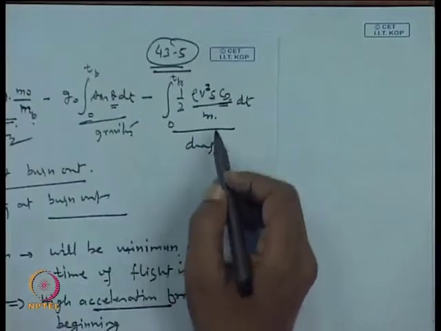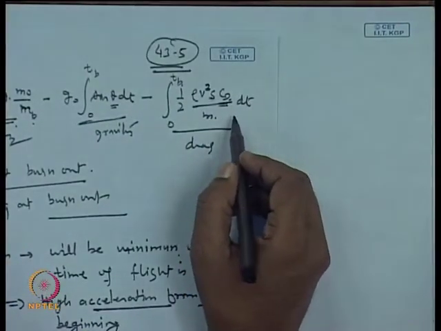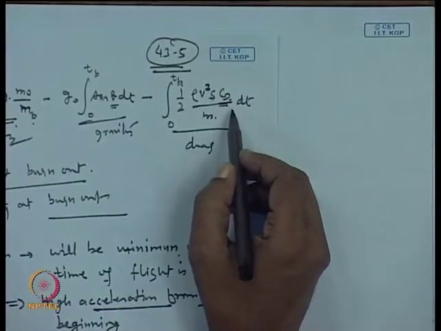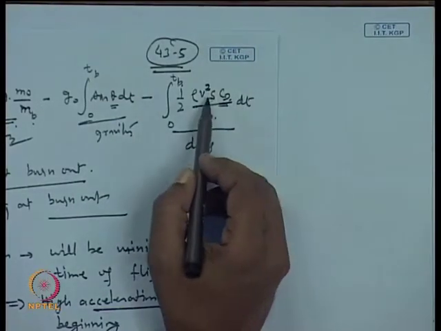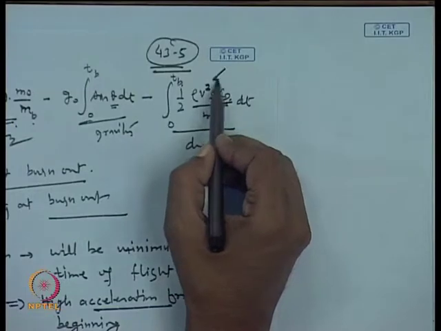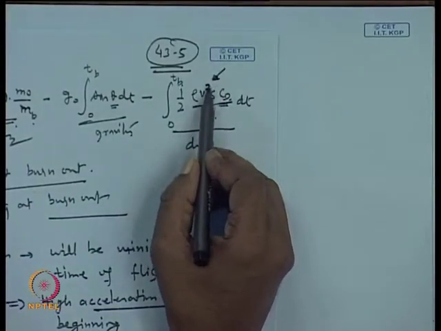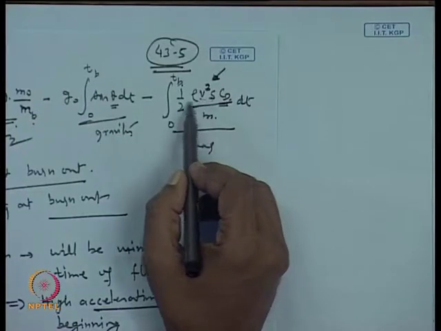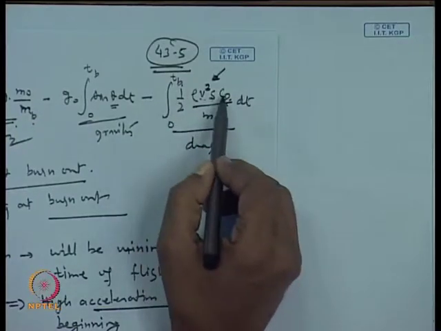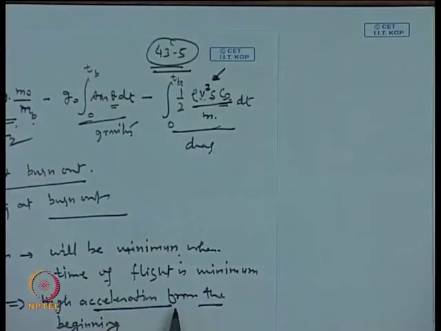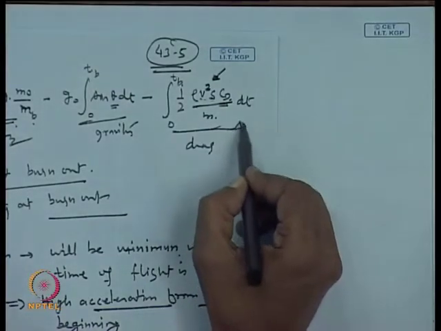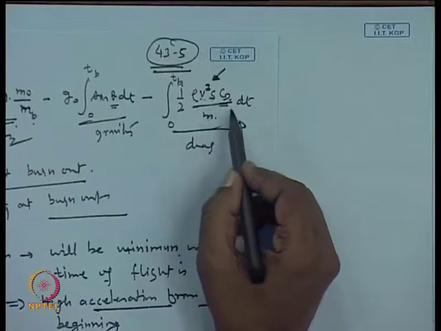Okay. On the other hand, this is the drag term. So, the drag term will be depending on the velocity. The higher the velocity, okay, you can see that this is the square of the velocity term. So, the higher the velocity, the larger will be this drag term. Okay. So, if we accelerate very fast, the velocity goes very high. So, at that time we will find that this term is becoming high.